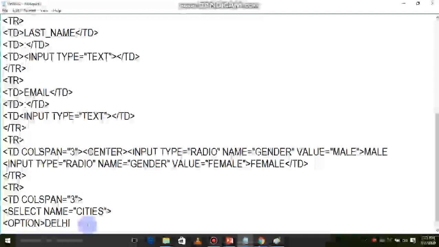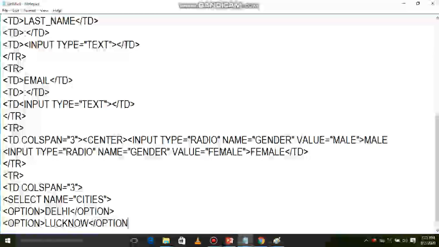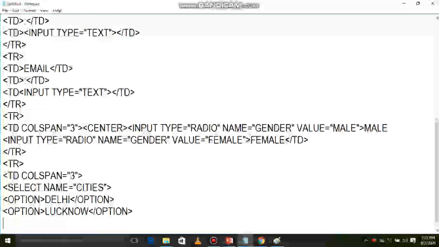Okay, first option Delhi, close this option, again option, suppose Lucknow, option close, at last select close.